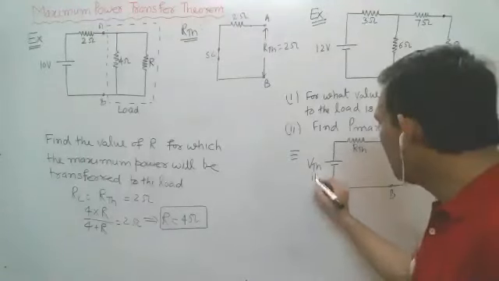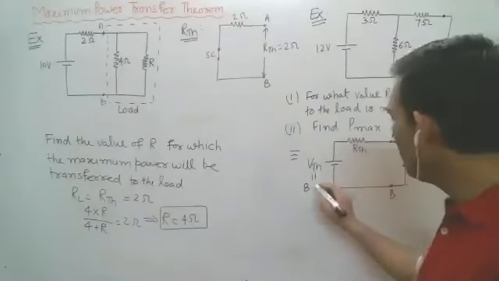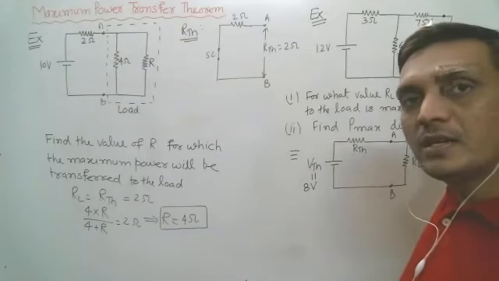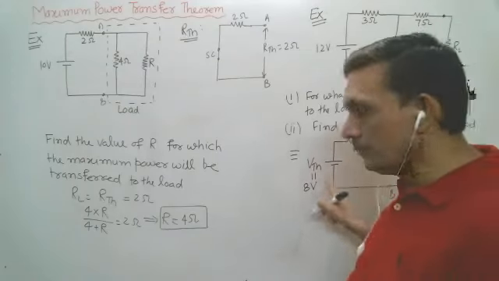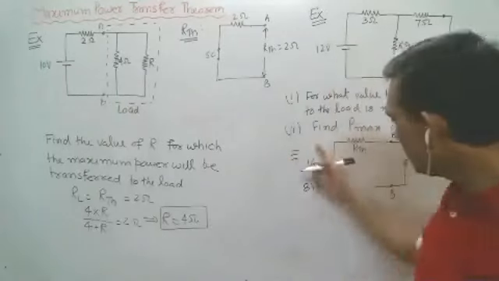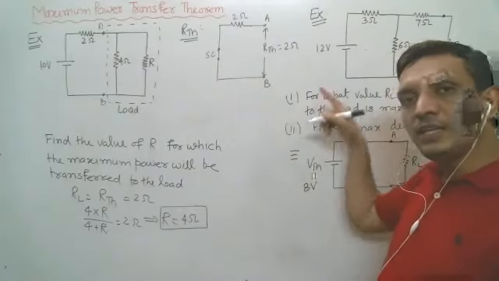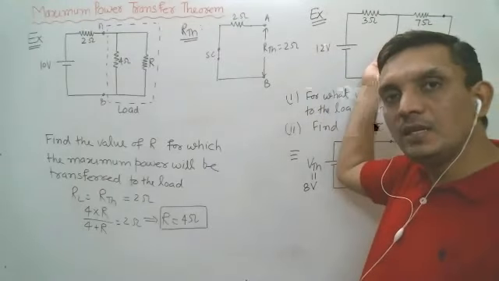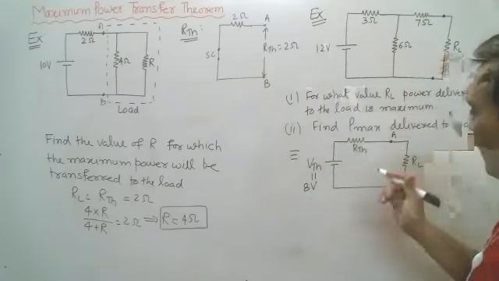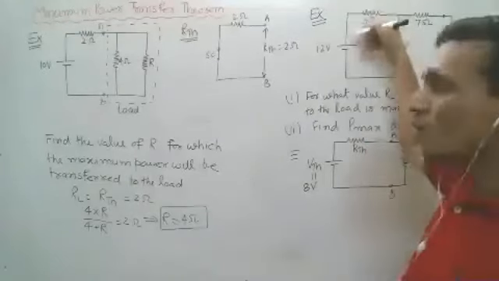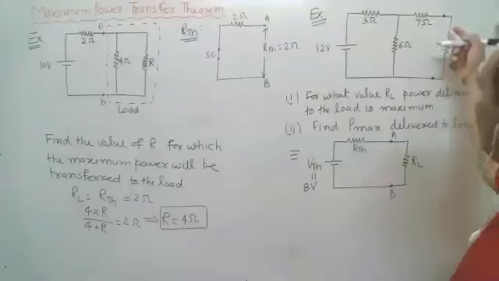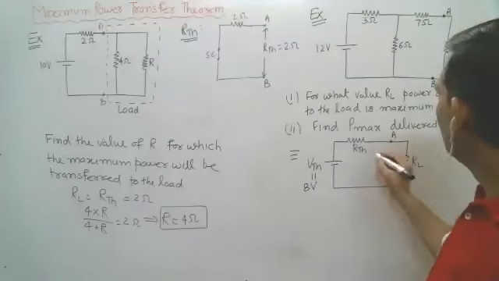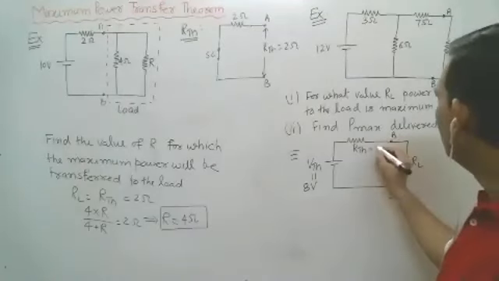I have discussed the same problem in Thevenin's equivalent. 8 volt. Remove the load resistance and measure the open circuit voltage. That you have to verify. You can see in your notes, I have calculated VTH for this example. Open circuit voltage. And what will be RTH? Short the voltage source and measure the equivalent resistance across AB. So I think that is 9 ohm.